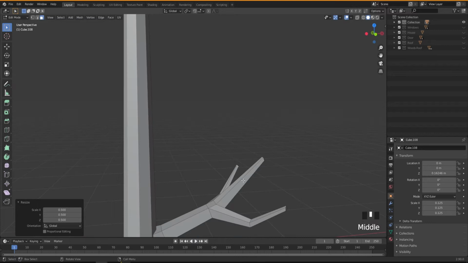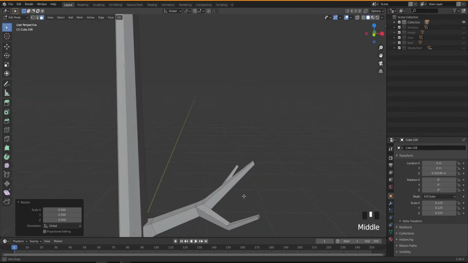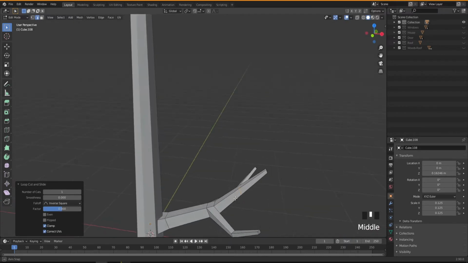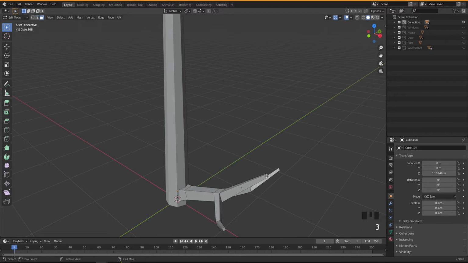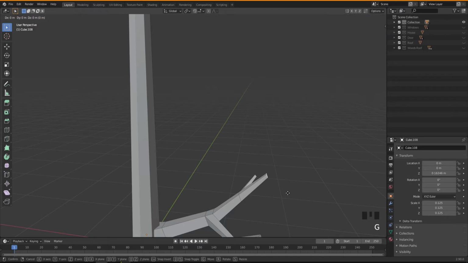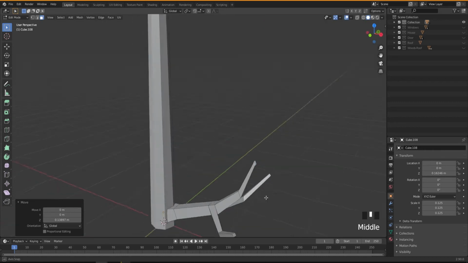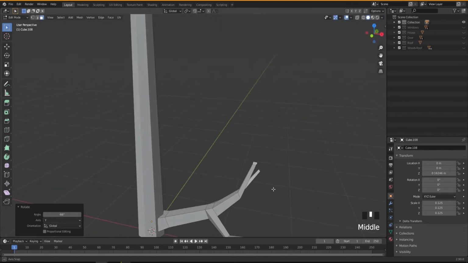I think this is too straight. I'm gonna add another cut into this one, to make it a little bit better. So Control R, and then right, left, and then I'm gonna select this face, and I'm gonna press G, X, and then G, Z to move it like this, and then I'm gonna press R, Y to rotate in the Y direction like this.